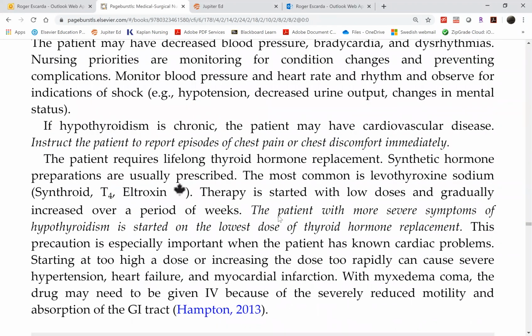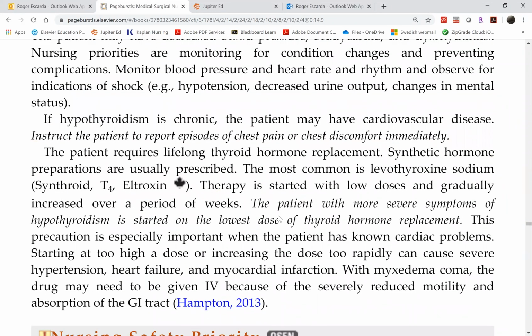Just like in Addison's disease, where we gave the patient hydrocortisone, how do we treat hypothyroidism? What do we give this patient? Levothyroxine. Right, so there's only one drug, levothyroxine sodium. There are many brands. There's Armour Thyroid. The most popular is